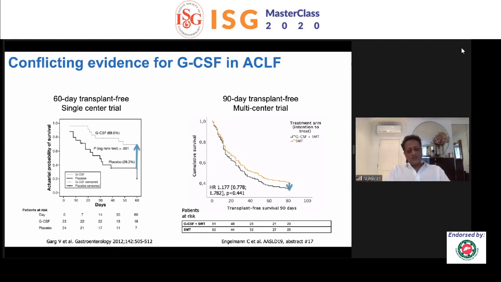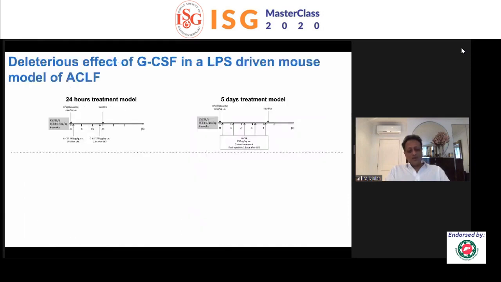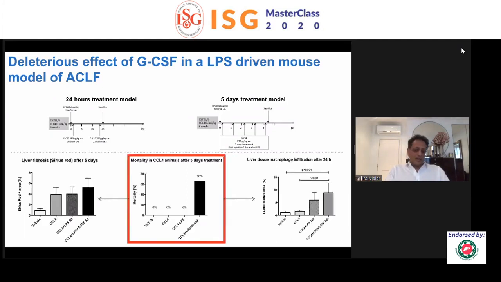So for the last 2 or 3 years, we've been interested in trying to understand why there is such a difference. And we go back to animal models. And I'll show you some data which is not published yet, but I think it is very, very interesting and possibly helps you develop a new approach. And I just wanted to focus on this slide here. We're looking at mortality of these mice